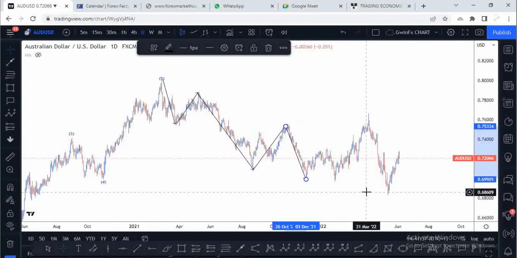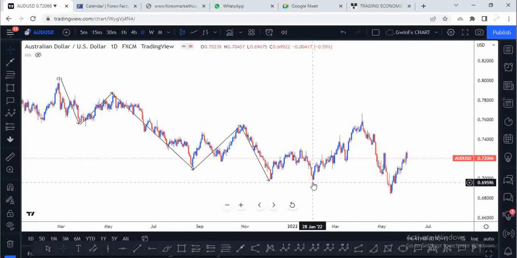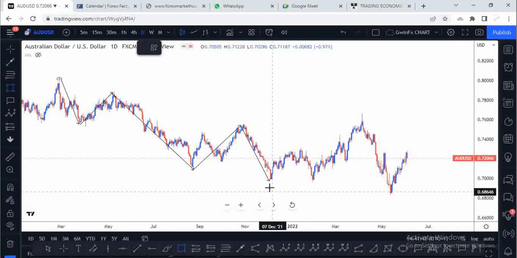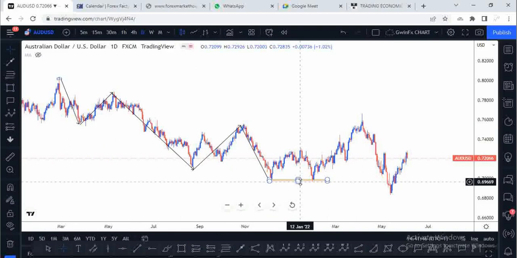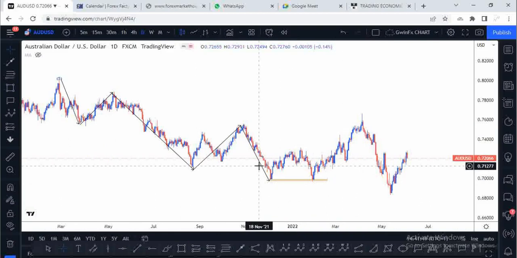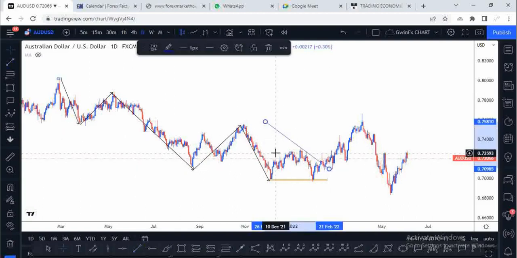So we have the end of this structure here. Possibly we had a double bounce here, so this could be the end of wave territory. All right, and for those of you that have been following my work, I would say that this is a